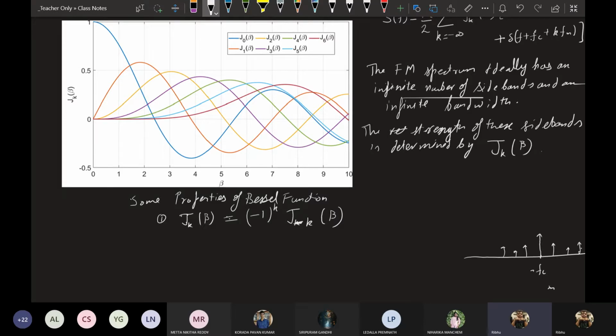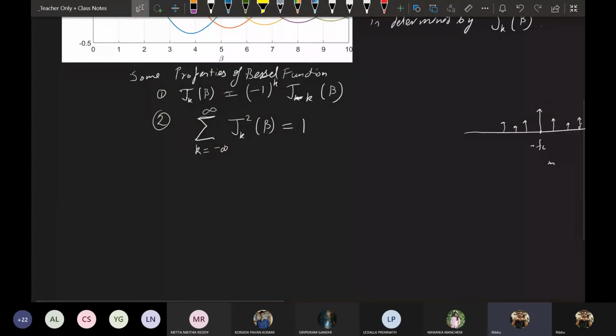Fine, this is an odd function in k, or this is how it behaves for k. Second, summation k goes from minus infinity to infinity Jk square beta equals 1,